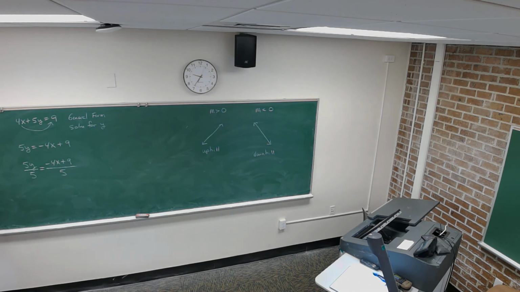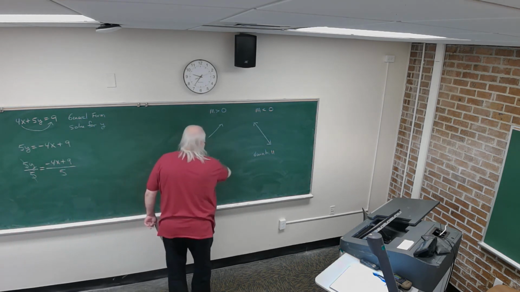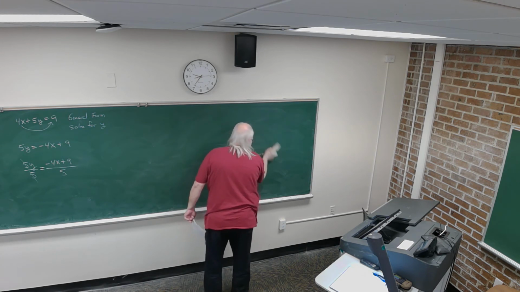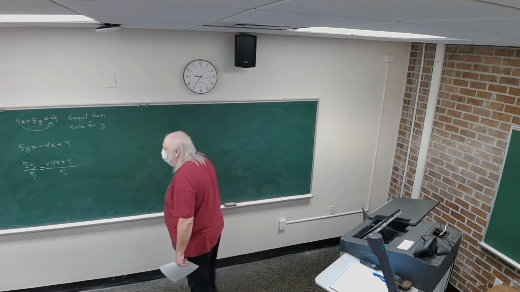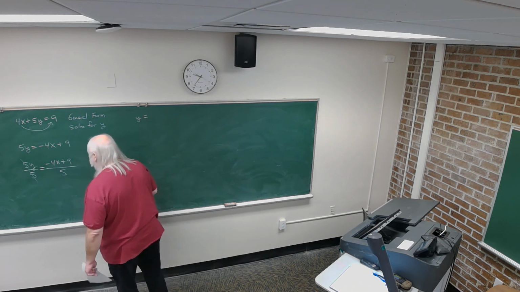So the 5's cancel on the left-hand side, all right? They're a common factor in the numerator and denominator. And when the 5's cancel, I'm left with y on the left-hand side. Now,